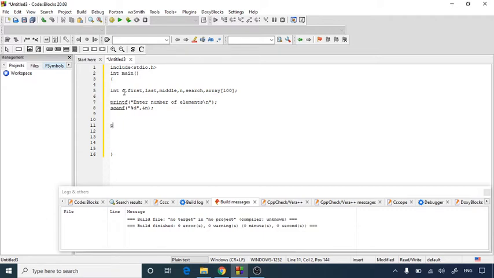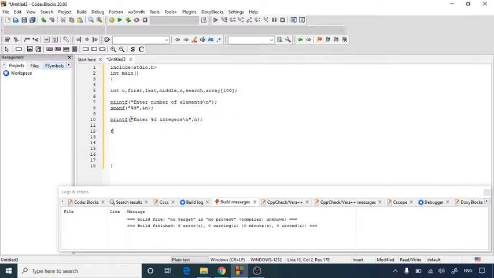Now I'll ask the user to give the data which lies inside the array. So I'm going to use a printf statement to ask the user to enter %d integers with \n, comma, n.